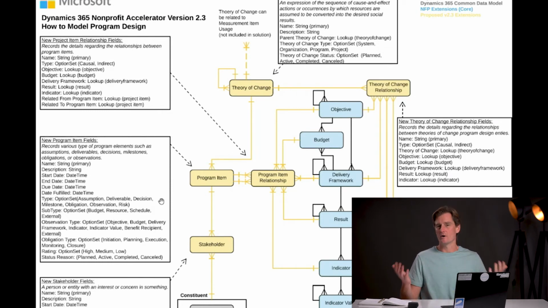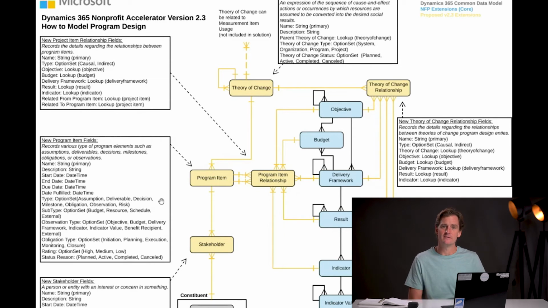But what about all the work that happens around that, right? The ideation, the planning, the risks that are taken, the observations that are made. Where do we put all of that, right? Most of the time that lives in Microsoft Excel or maybe a third-party tool set like Asana. It could even be in a Microsoft project management application like Microsoft Project Online or the upcoming project operations and so forth. But there was this disconnect between the results framework and the planning and execution of the work.